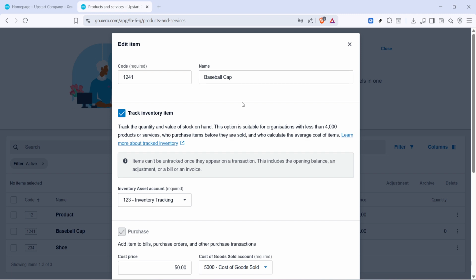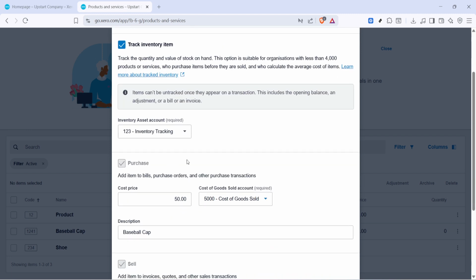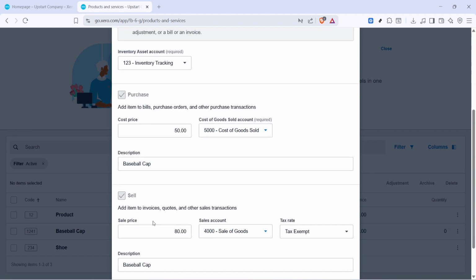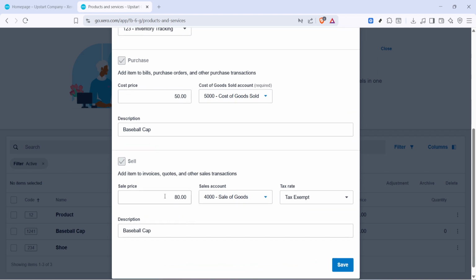Review the sales price and make sure it matches your current pricing strategy and tax settings. If you buy this item from suppliers, confirm the purchase cost is realistic so your margins report correctly. Check the linked sales and expense accounts to ensure revenue and costs land in the right places on your financial statements. If you're changing accounts mid-year, consider noting the date of change and, if needed, confirm with your accountant to